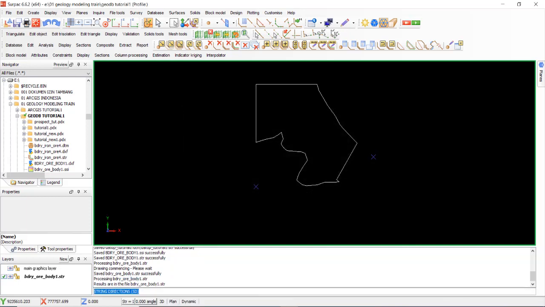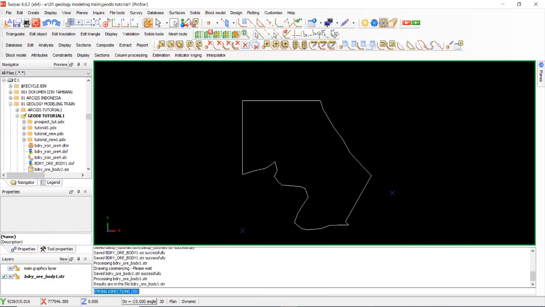Apply. Okay, we have data, but this elevation is nil. Check for the elevation. Okay, z is nil, no problem. And string 1 z is nil.